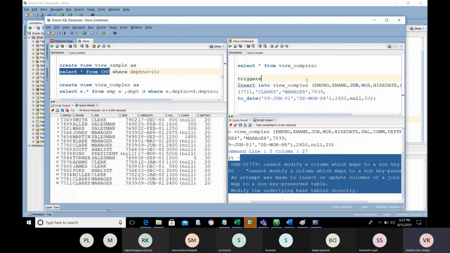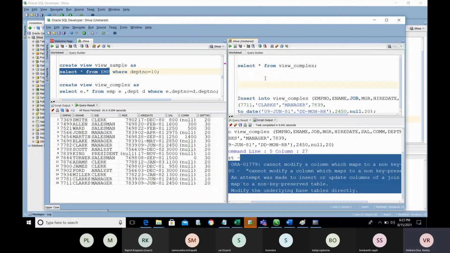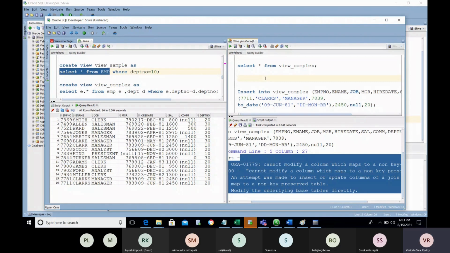No need to know about this in depth. Just need to know the use of it. An interviewer may ask how you will update complex views. In that case, you cannot directly update or insert into complex views, but we can do it using triggers. What is the trigger? Instead of view trigger.